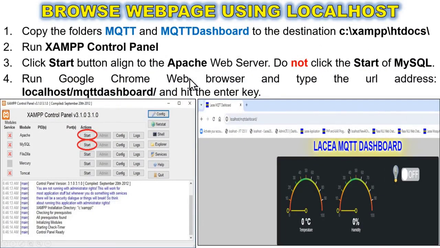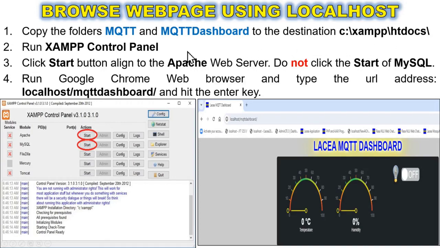To browse a web page using localhost, copy the folders that I provided, namely MQTT and MQTT dashboard, to the destination drive and path where XAMPP is installed: drive C, folder XAMPP, subfolder htdocs.